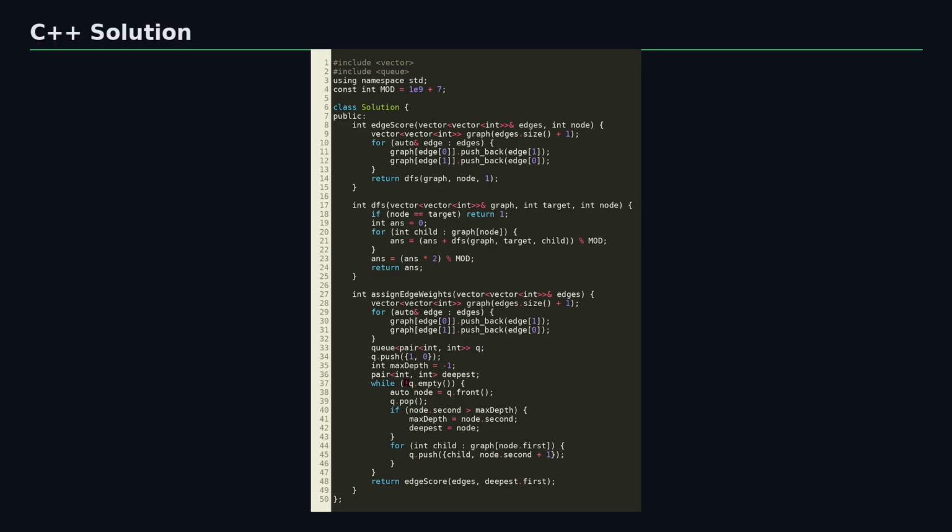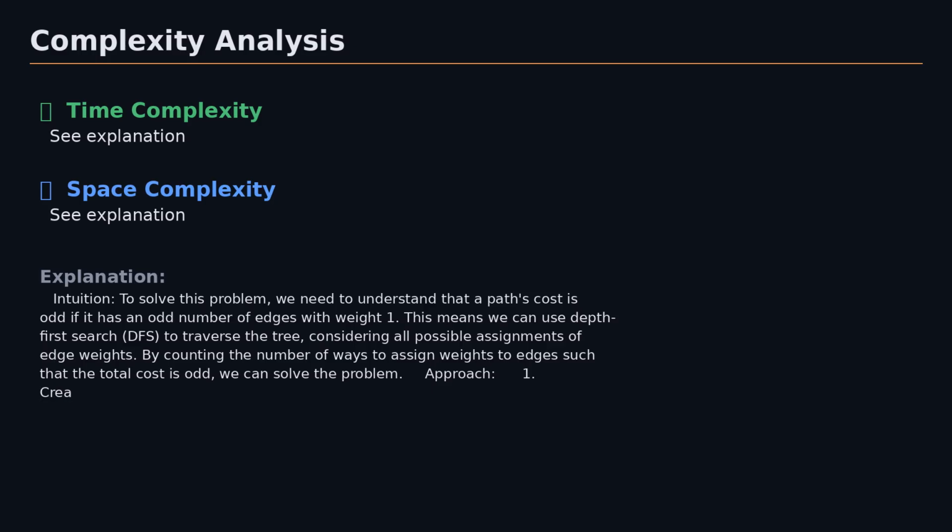We use a queue to perform the breadth-first search and find the node with the maximum depth. We also define a method assignEdgeWeights that takes a vector of edges as input and returns the number of ways to assign weights to the edges. This method creates an adjacency list representation of the tree, performs a breadth-first search to find the node with the maximum depth, and then calls the edgeScore method to count the number of ways to assign weights to the